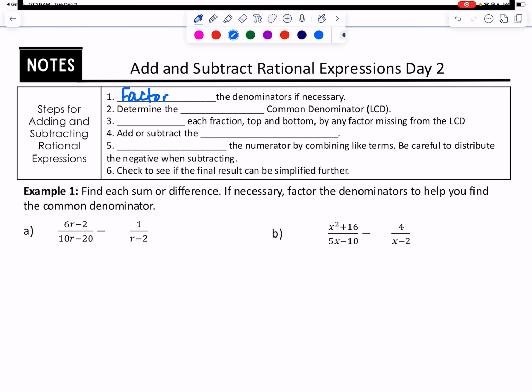In step 2, once you've factored the denominators, you're going to find the least common denominator, or the LCD. Then you will multiply each fraction, top and bottom, by any factor missing from the LCD. Then add or subtract the numerators. Then you'll simplify